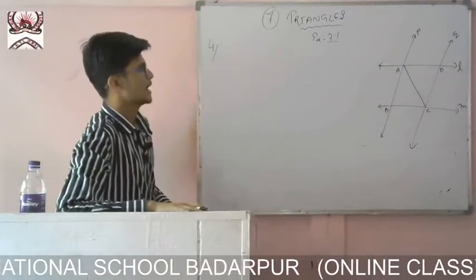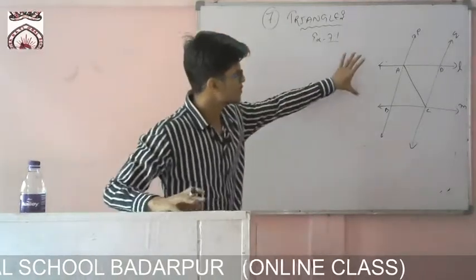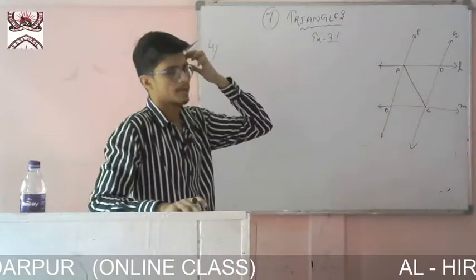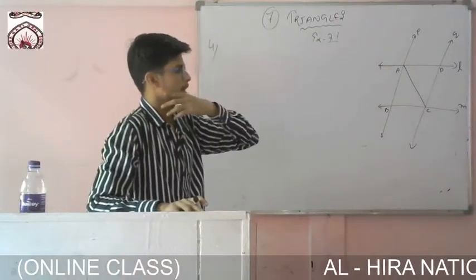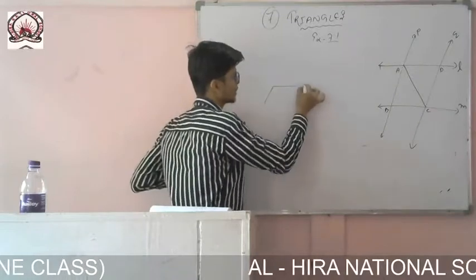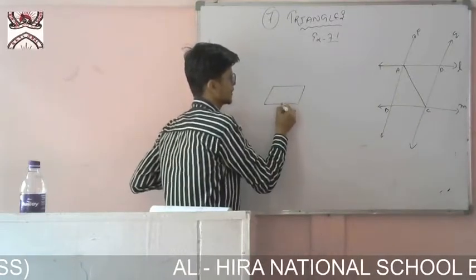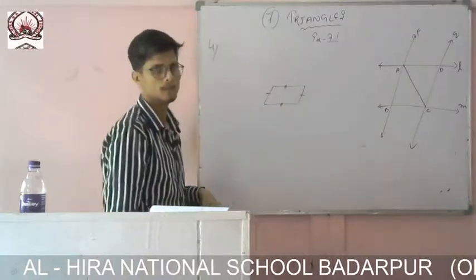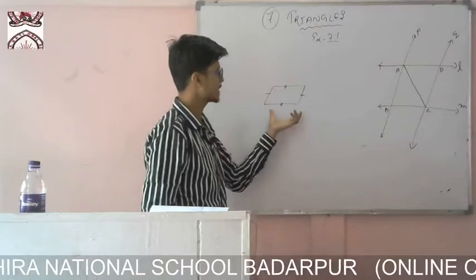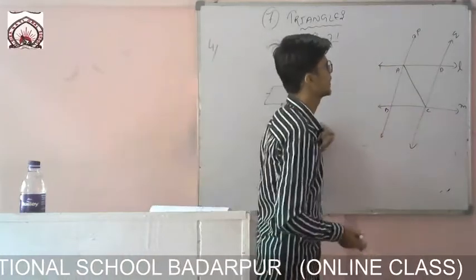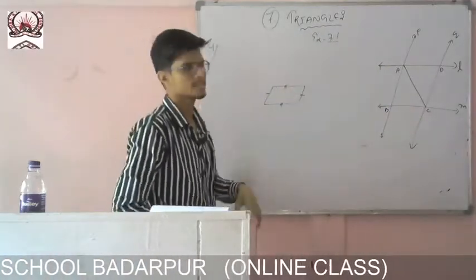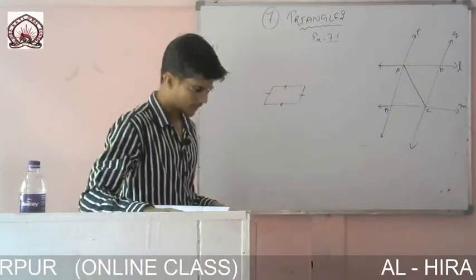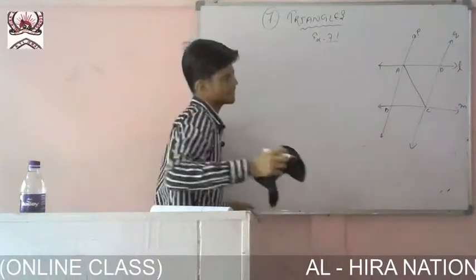Now you see, these two lines are also parallel, and these two lines are also parallel. So if you recall, in the case of a parallelogram, what happens? If I draw a parallelogram, then what are the criteria? These two lines should be parallel and this one should also be parallel. So here I can say that yes, this figure ABCD is a parallelogram because these lines are parallel to one another, and I can write AC as a diagonal. Let me show. It will be very easy, 2-3 lines.